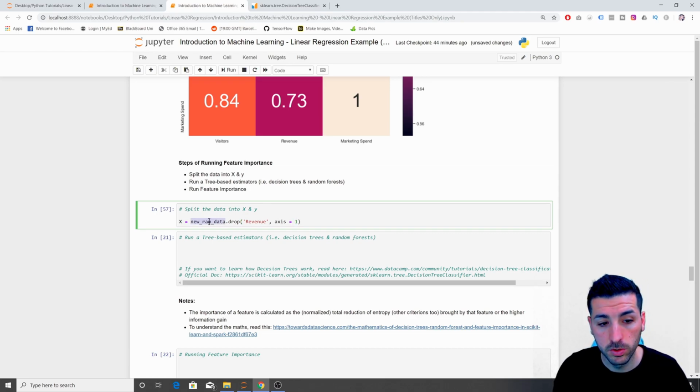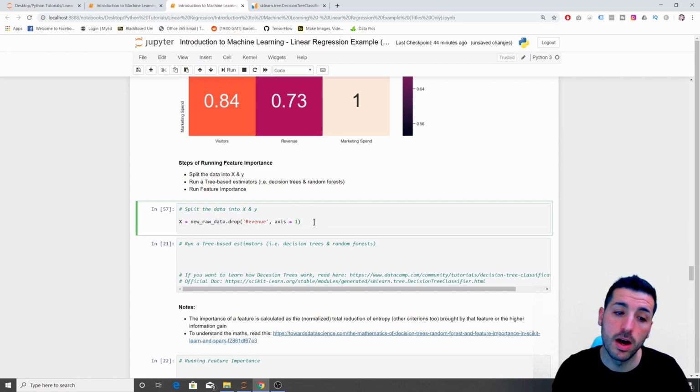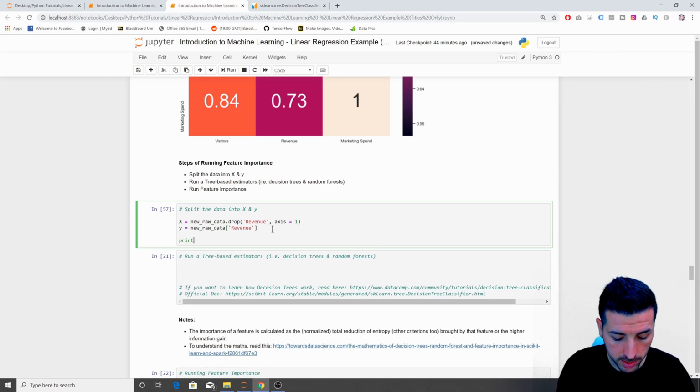What this is going to do is save the whole data frame into x apart from revenue, and this is all our independent variables, and our y is literally going to be our data frame and then revenue. So if we print the shapes now, we can say x dot shape and then y dot shape,